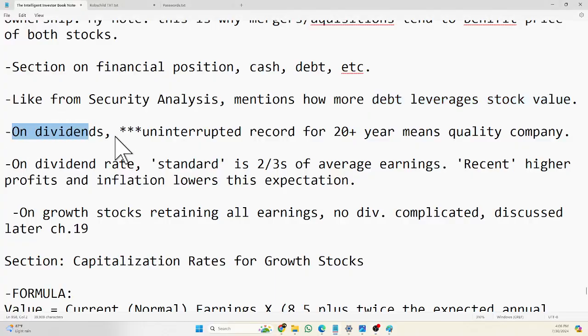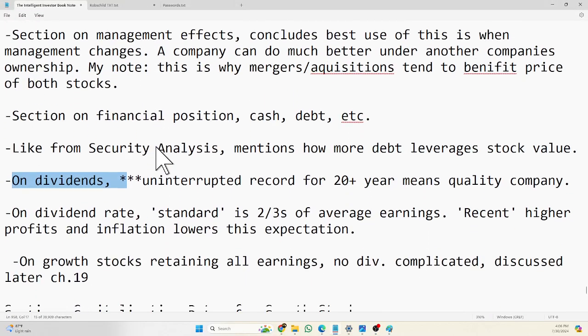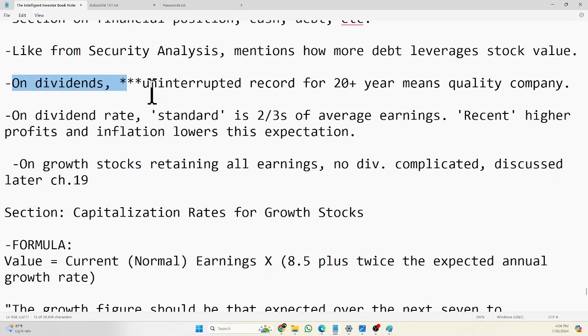Next, we talk about dividends again, for basically figuring out the value of a stock. An uninterrupted record, he says, specifically of over 20 years, means that it's a quality company. So if it's been paying out $1 every year for 5 years, and then $1.50 for the next 5 years, $2 the next 5 years, it just keeps going up, and it's uninterrupted. They never miss a dividend payment. He does state that's the mark of a really great company. I'm going to mention that